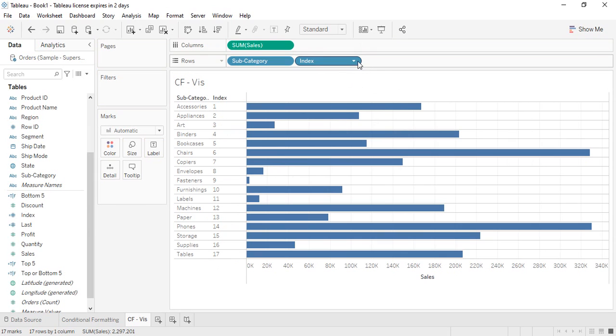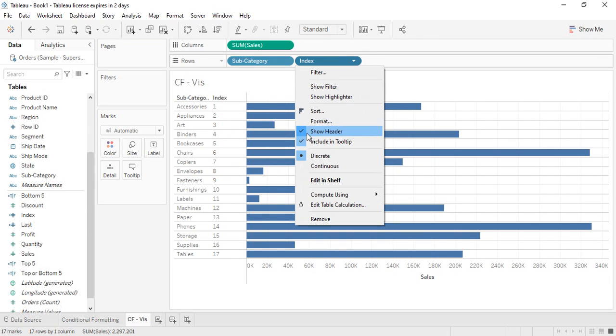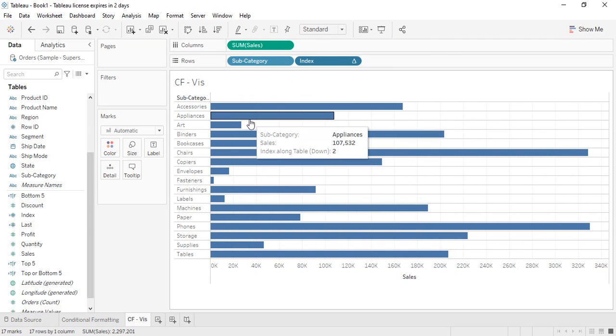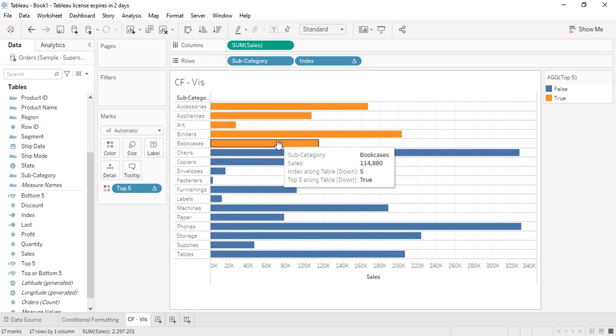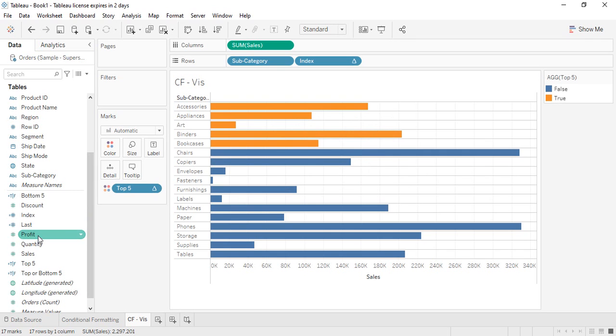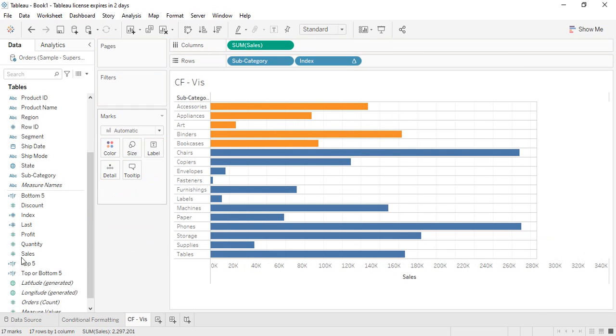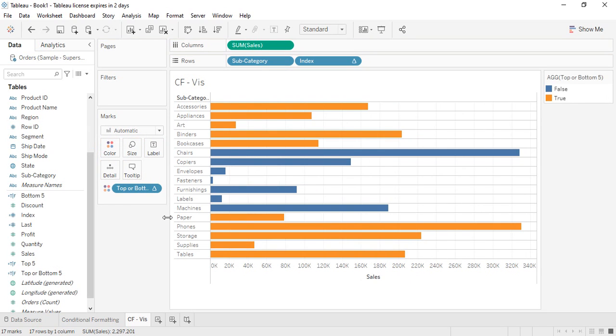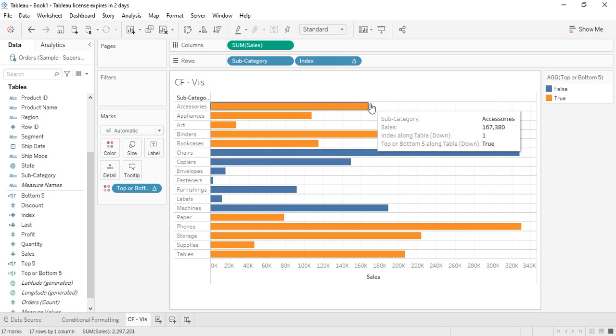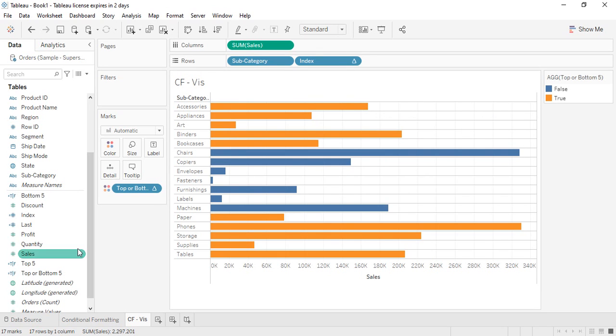Actually, make sure it's not visible, because I don't want to show this, so I have to just turn its header off. I want the top 5 values, I can get into the colors part, so these top 5 subcategories are highlighted. I want the bottom 5 values. So if I just drag this bottom 5 right now, then you see, although we have not got the last index, still the last value is not there, still it's working fine.